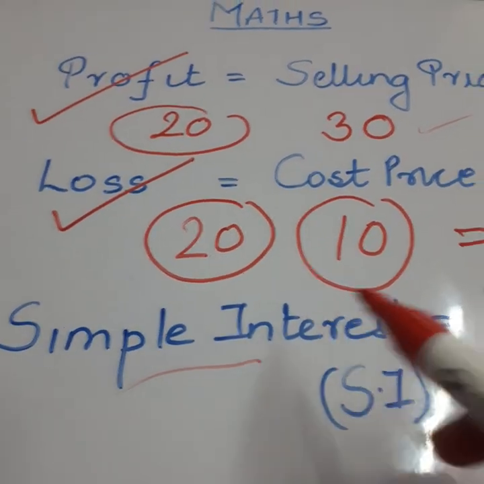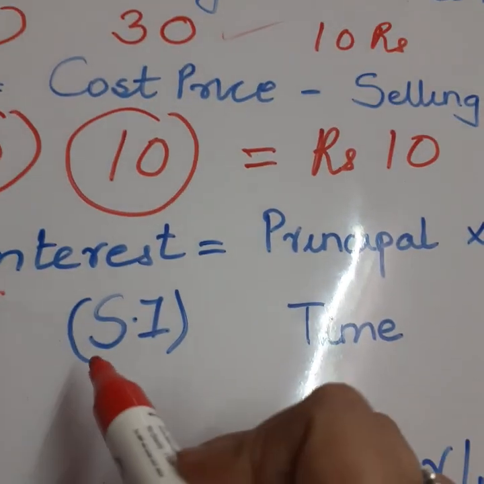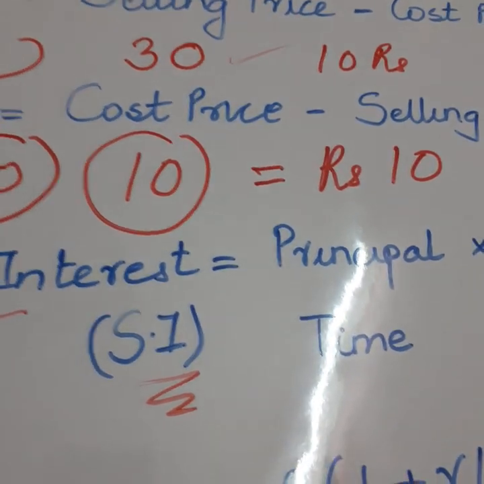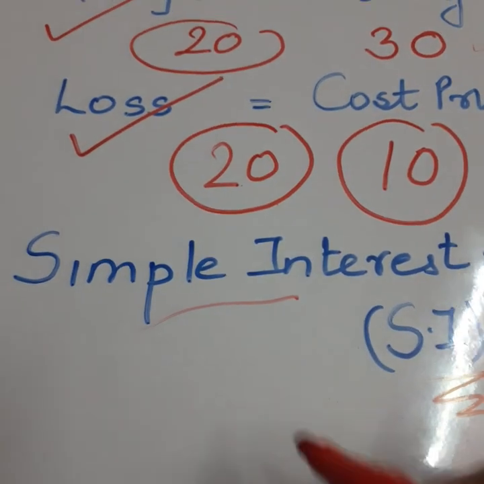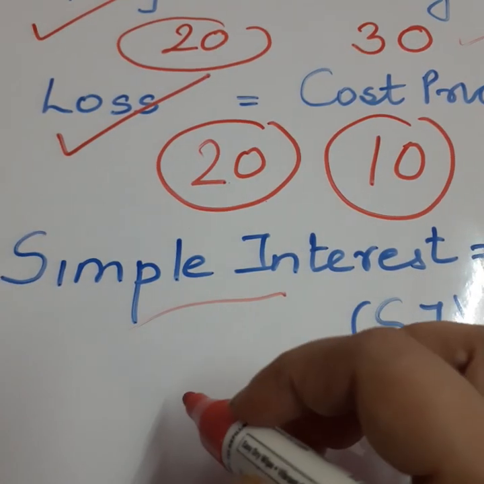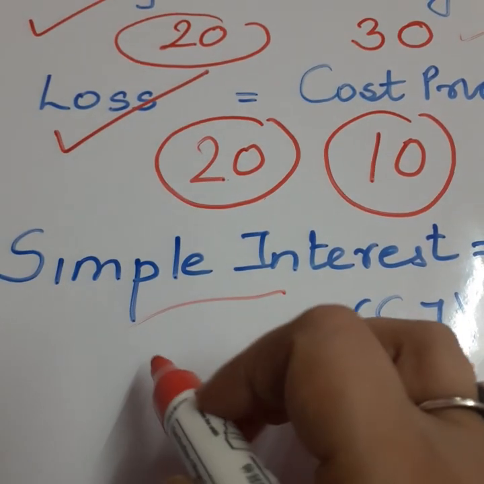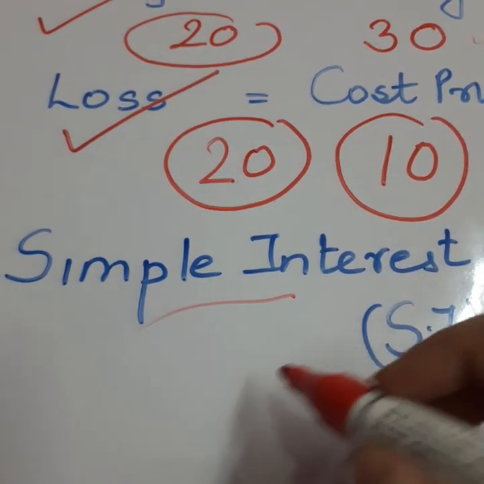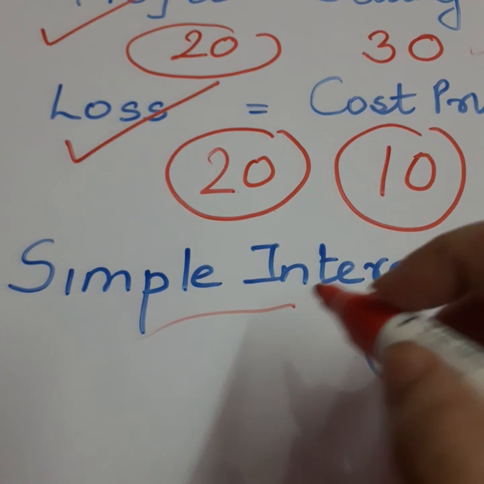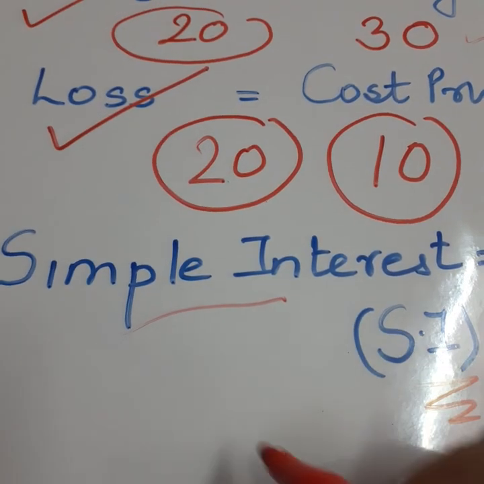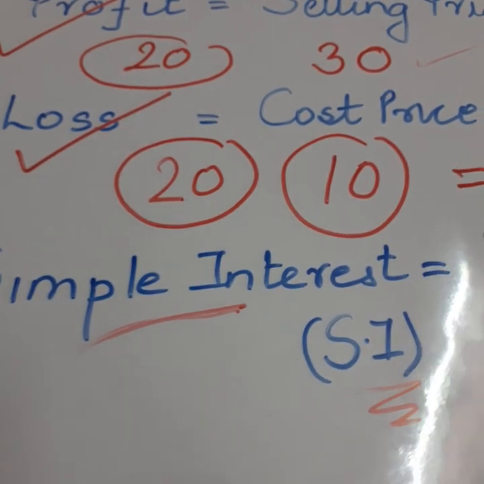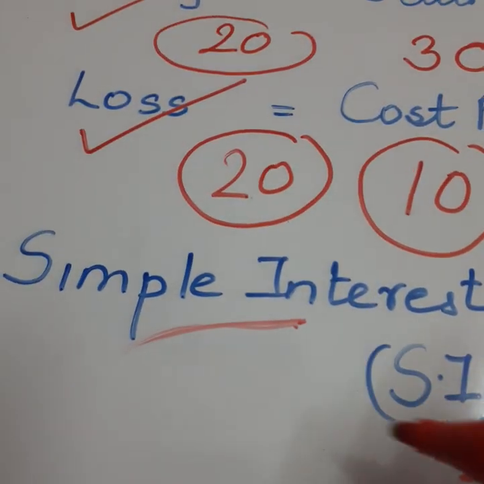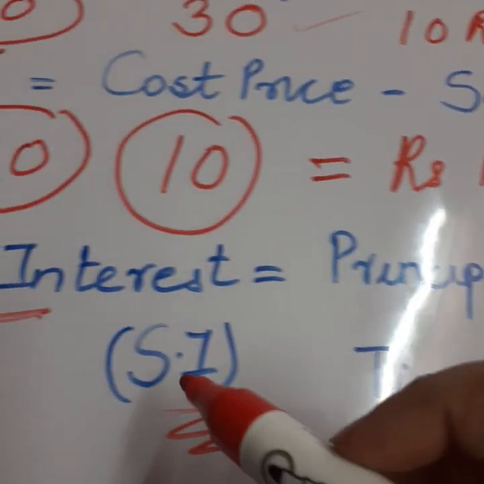What is simple interest? Simple interest is interest. Now what is interest? First of all, you must have got interest when you put money in the bank. They say this is the interest we give every month or every year. It can be 2%, 3%, okay, every year, or maybe every month for some of the deposit money. Okay, they say we are giving you interest.